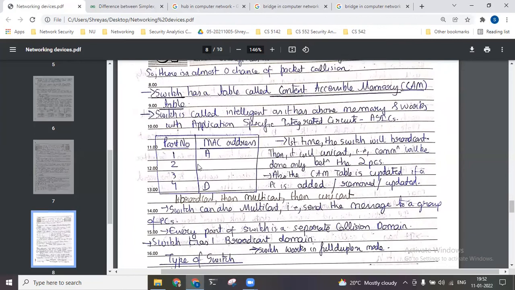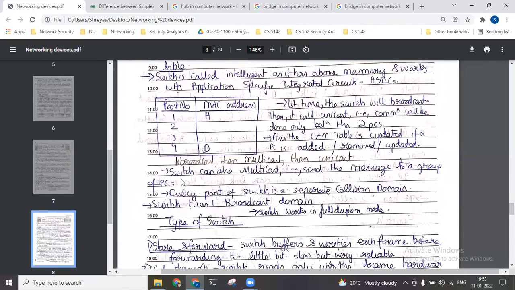Only then can the switch know that okay, this is the MAC address. Nobody goes and says that okay, this is my MAC address. No, that is not how a device is recognized. A MAC address is recognized only when the particular device sends information saying that okay, this is my MAC address and I want to send this information to that particular MAC address. Then only will the switch learn the MAC address and map it to the corresponding port.